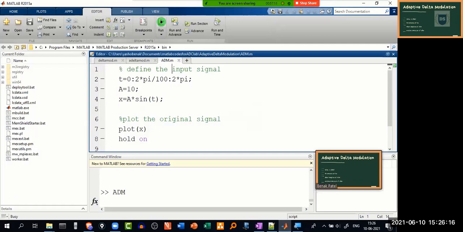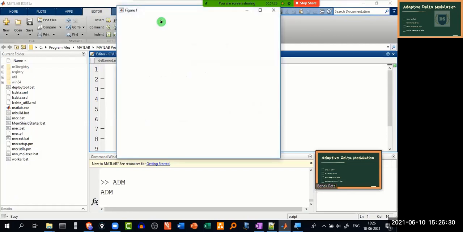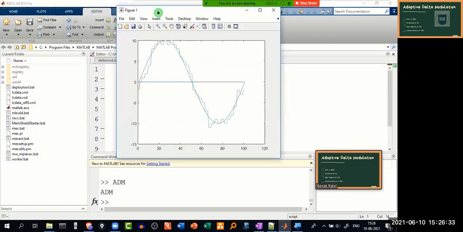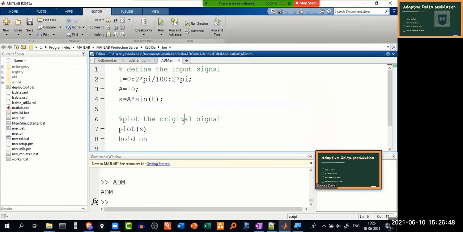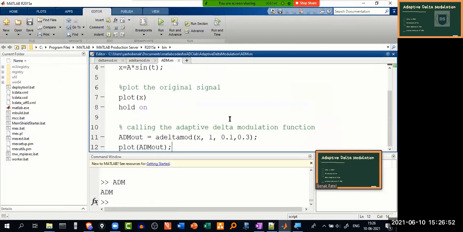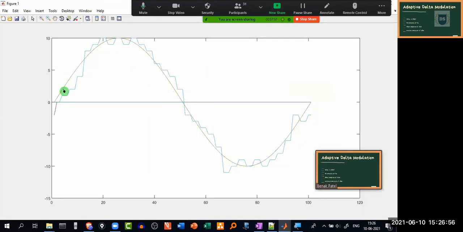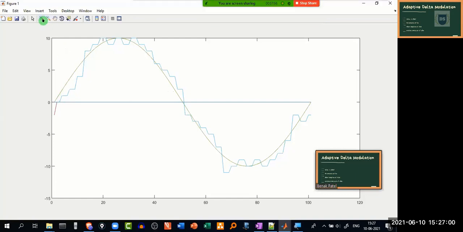If I run this code, it will open up a window, figure 1, which has two plots. The one in green color corresponds to our analog signal, and the one in blue represents our delta modulated output. Here, if I zoom in,